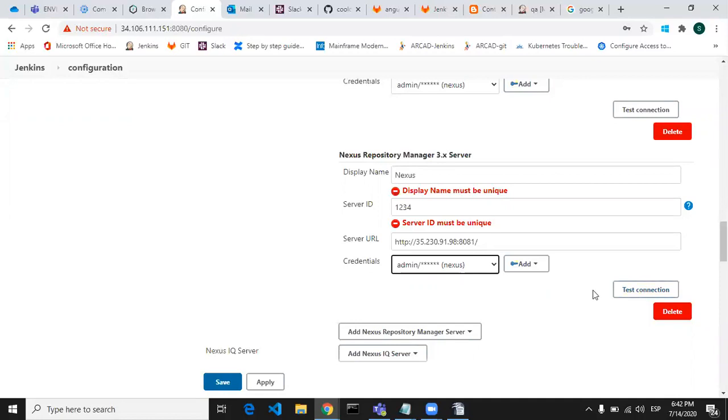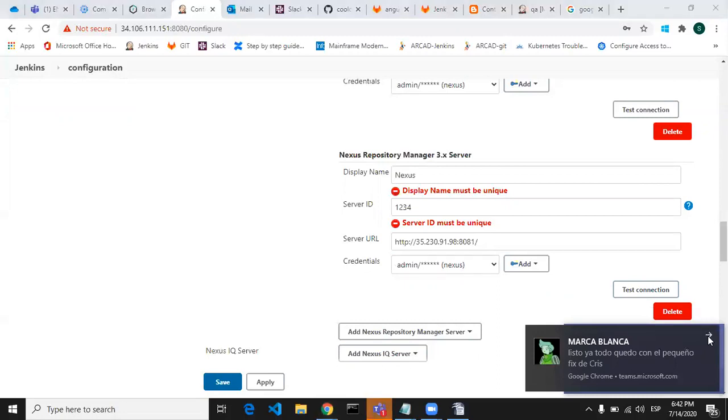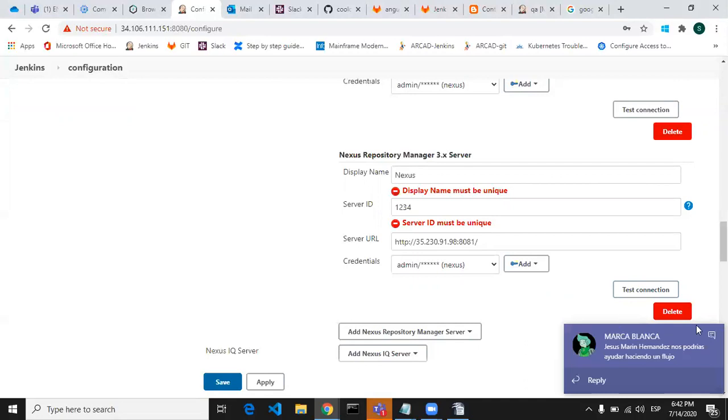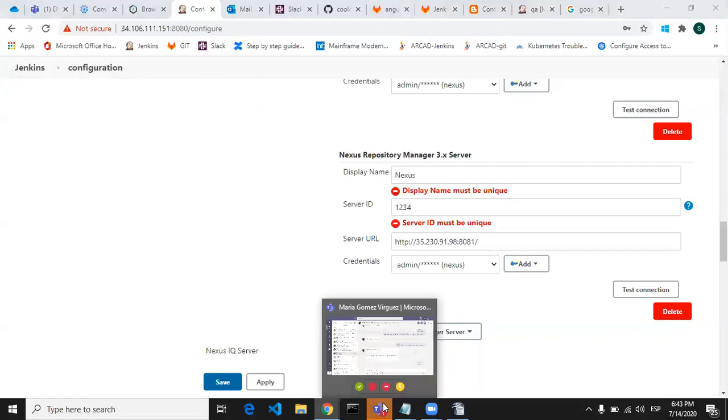Before testing this connection, I just want you to check whether Jenkins has JDK version 1.8 or not, because Nexus 3 only supports JDK 1.8.